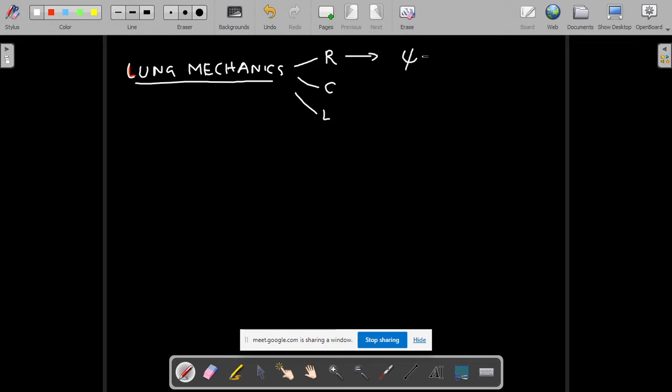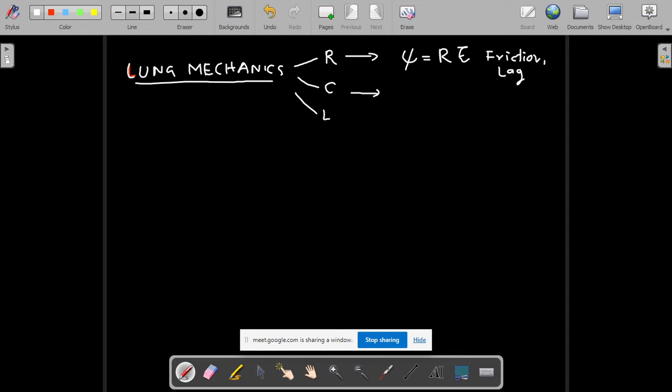The general equation is phi equals R times zeta, where zeta is a flow variable similar to the current in our electrical circuit, and phi is an effort variable. So resistance is the ratio of the effort variable to the flow variable. Resistance in mechanical systems may be friction, or a lag. All are different terms of resistance.